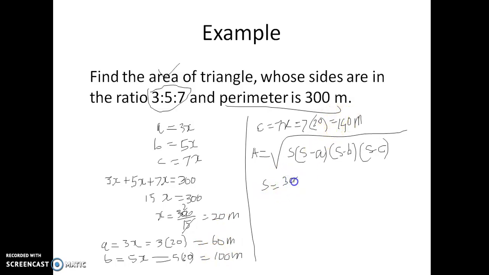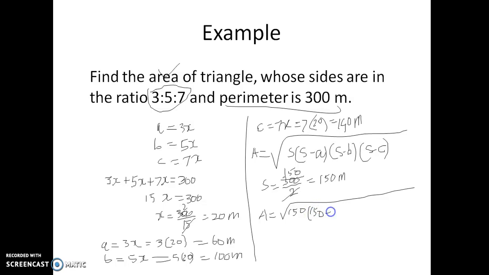Okay, the perimeter is also given as 300 only, and half of the perimeter is nothing but the S value. So if you divide, we get 150. Okay, so 150 meters, that is the value of S. So next substitute in the formula. So A equals square root of, instead of S, 150 into